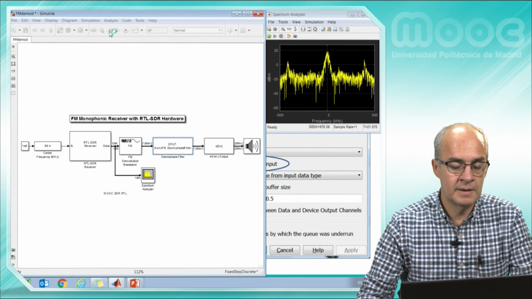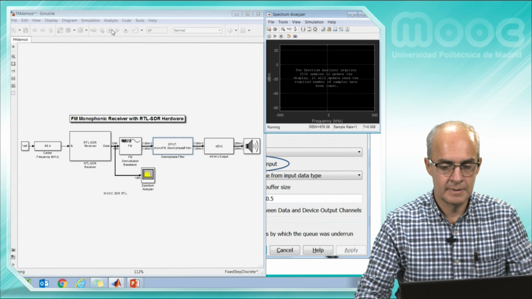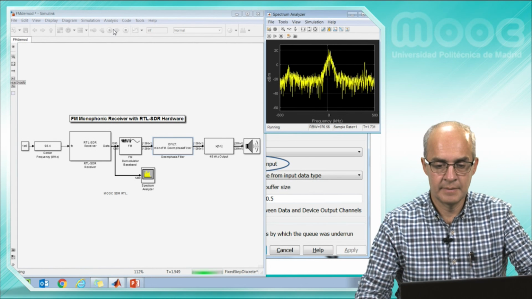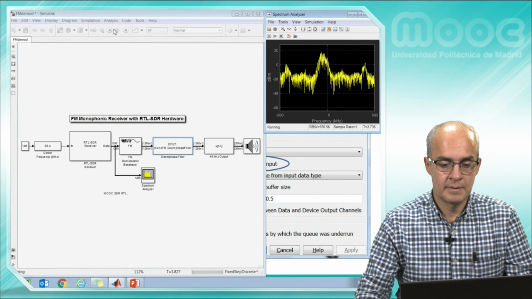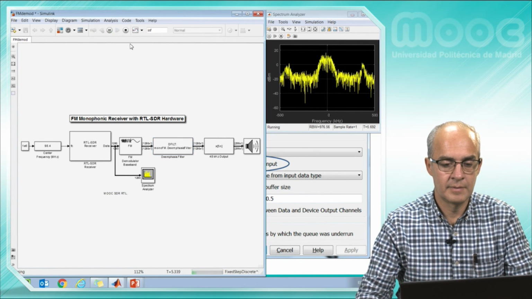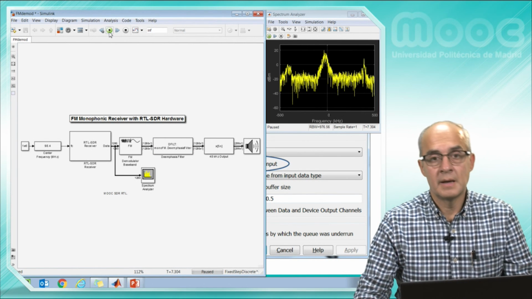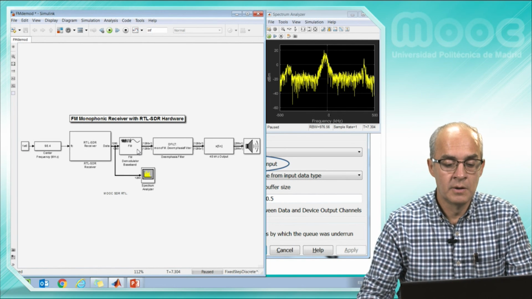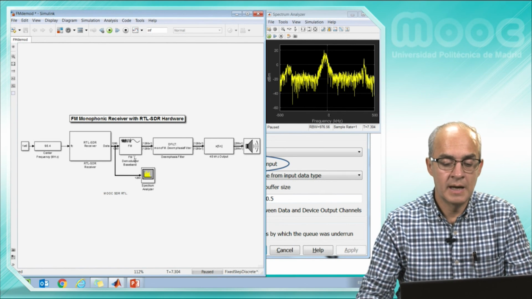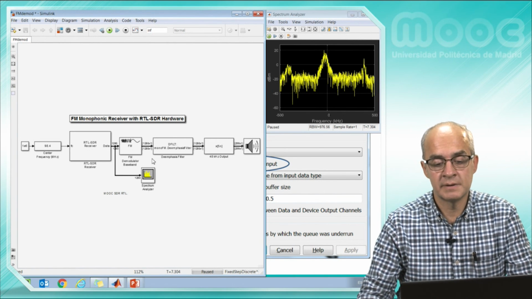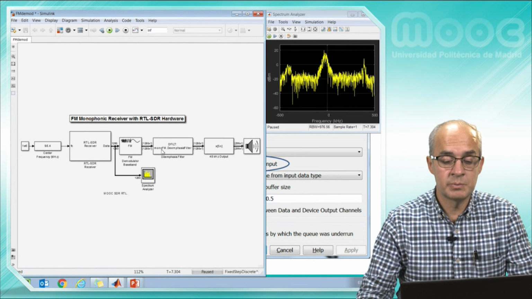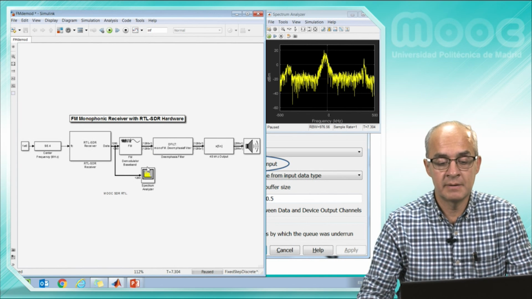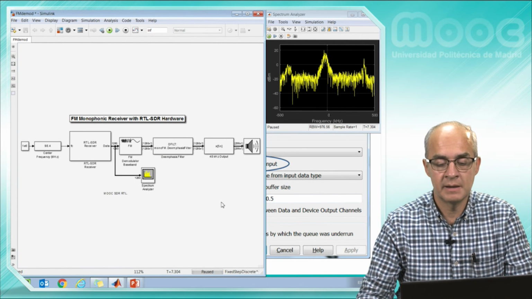We connect it again. And we can see that now the quality is good. So it's important on all these FM circuits, as they have a high pass response, to make a low pass filter after the demodulator to equalize the response.